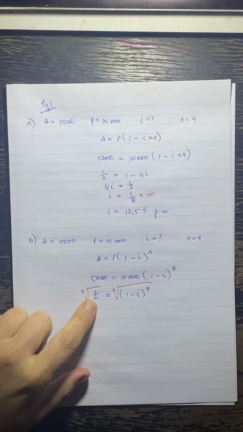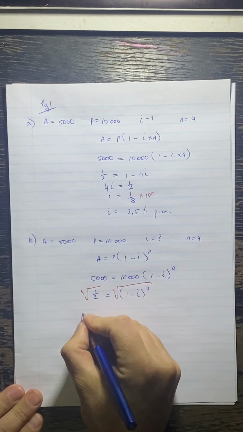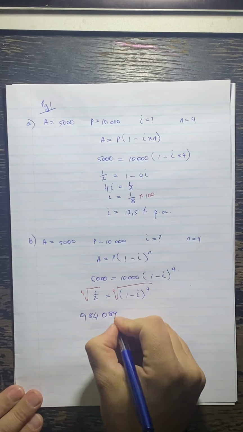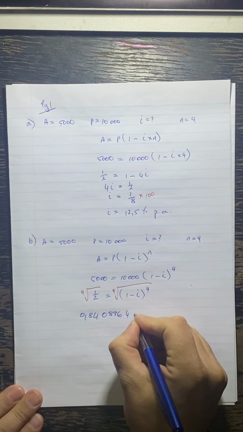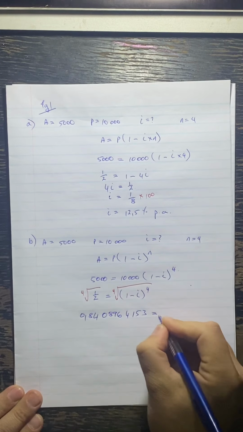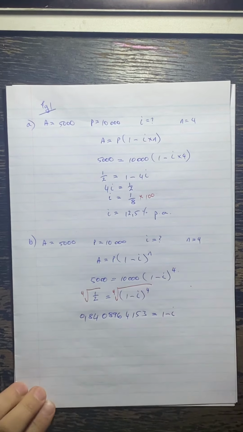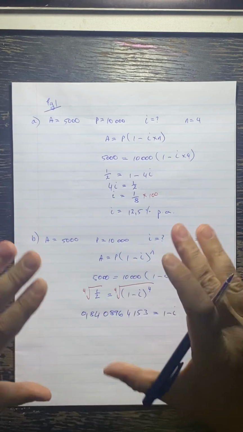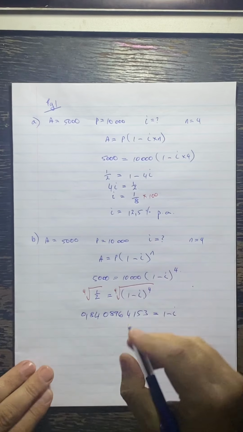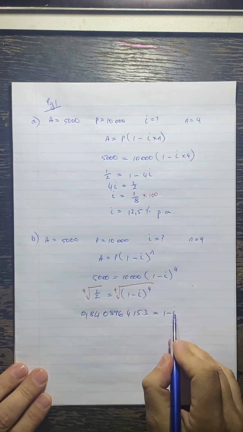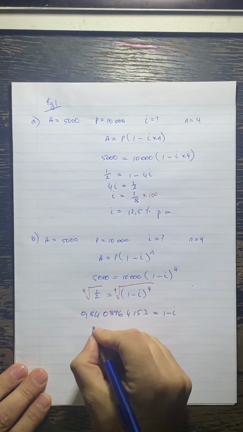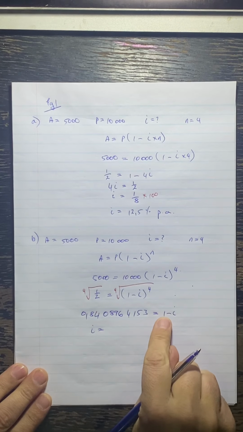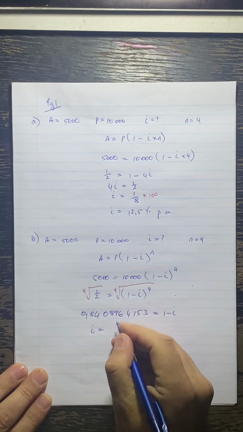Okay, if you do this on your calculator, you will get 0.8408964153 equals 1 minus I. Now grade 11s, notice how I've not rounded this value off. I will only round off the final answer. Okay, so I'm going to take the I to this side to make it positive, and I'm going to take this to that side and it becomes a minus. So we have 1 minus this, and we will get